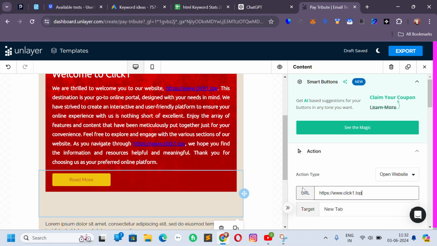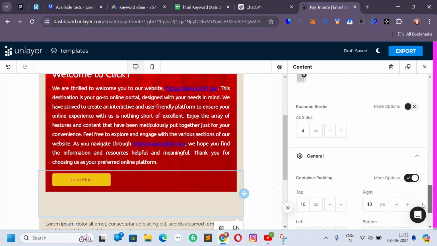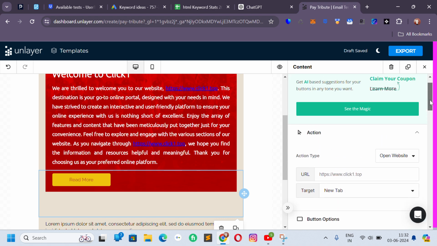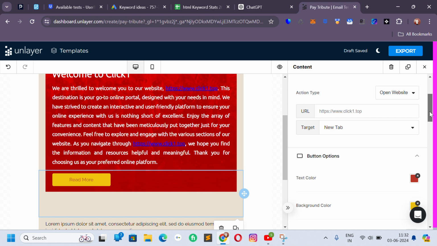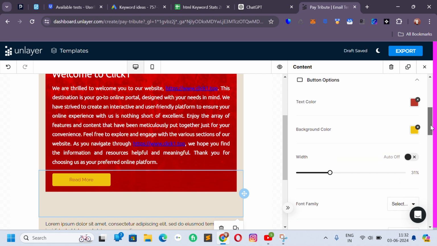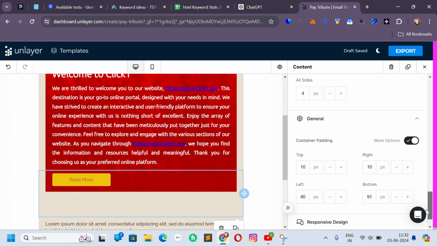And the CTA, you can provide the CTA, which is call to action. Let's say you want to change the text over there. You can directly write anything you want. For example, visit our website, right? And once you are satisfied with the email that you have created,